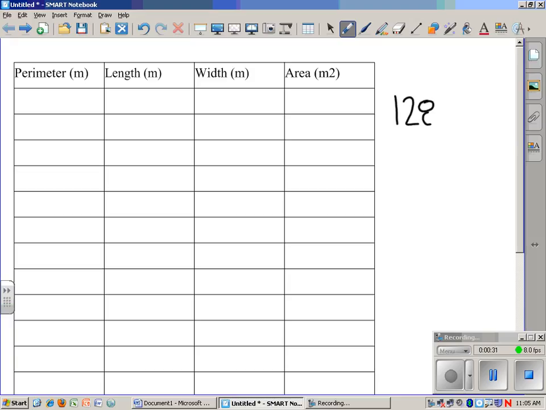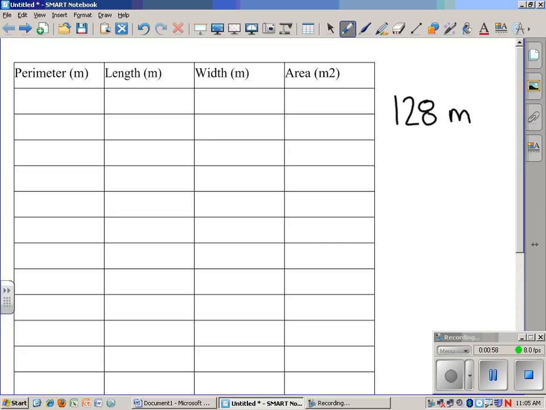We already know that we have 128 meters of fencing to enclose our garden. So let's make a table and play with some values to start figuring out what the greatest area could be. Let's start with some simple dimensions. Say we make our width 1 meter, and let's make the length,